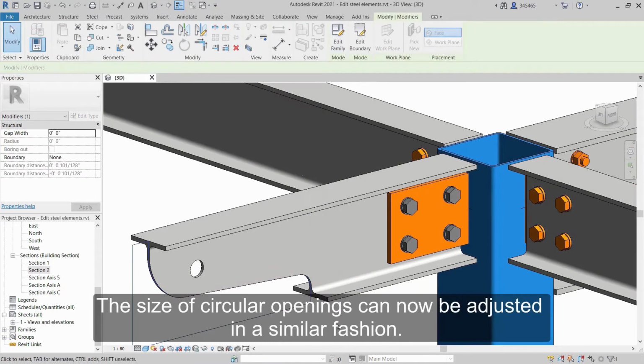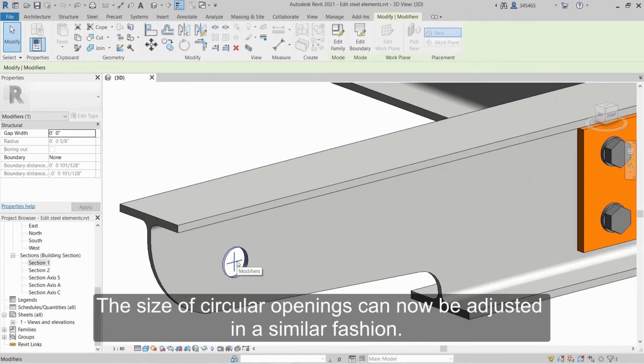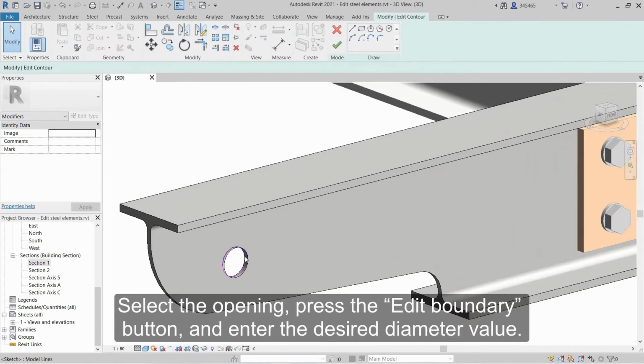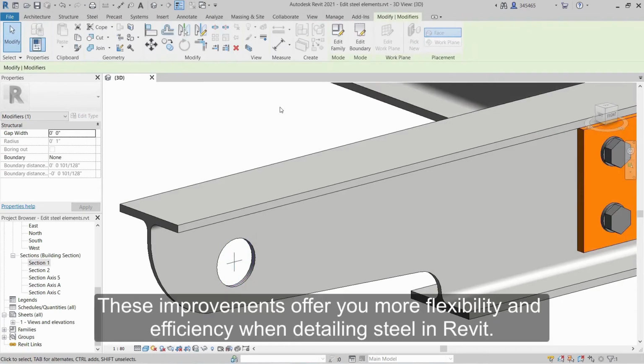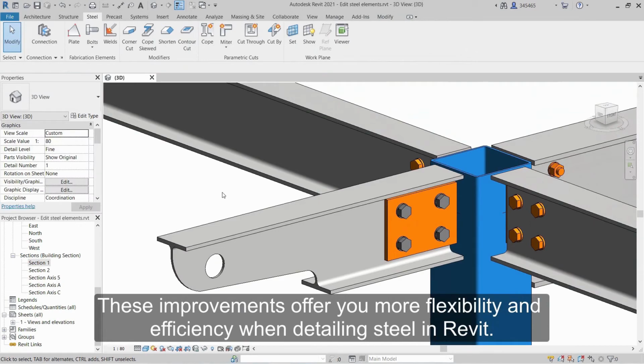The size of a circular opening can now be adjusted in a similar fashion. Select the opening, press the edit boundary button and enter the desired diameter value. This improvement offers you more flexibility and efficiency when detailing steel in Revit.